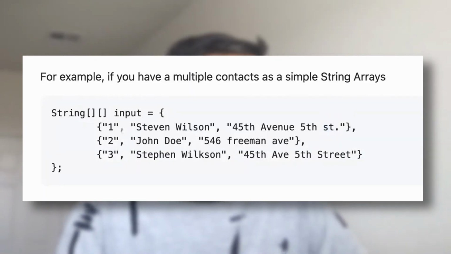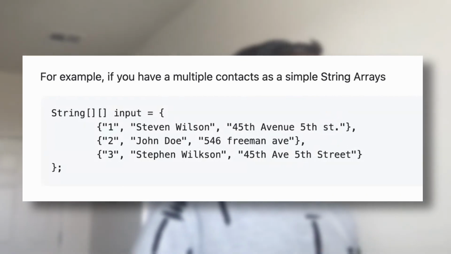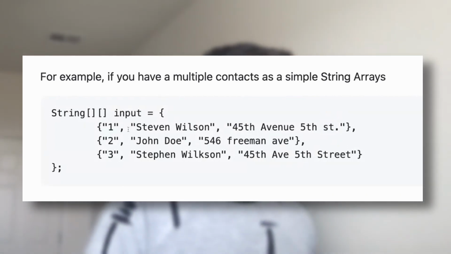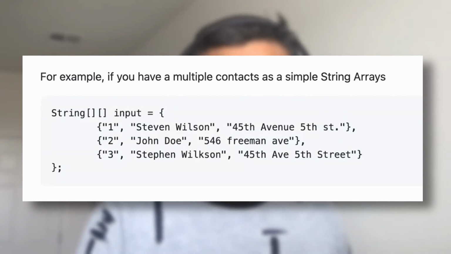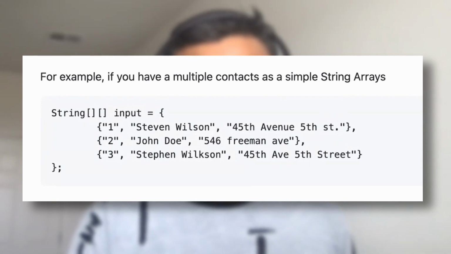So if you have data in real life where you have one record called Stephen Wilson living at 45th Avenue, you have another, John Doe living at 546, and then you have another Stephen Wilson. So you can see there is similarity. Any human would be able to see that this is similar, but computers are not good at catching that. So what Fuzzy Matcher does is easily take any records that you have, find similarity, and give you a way